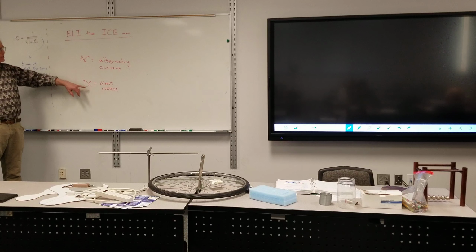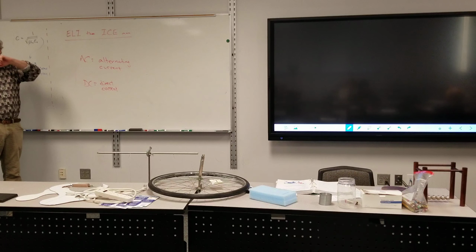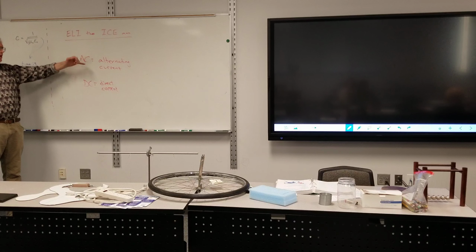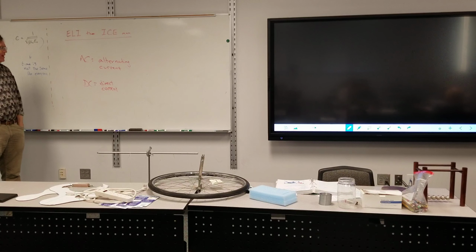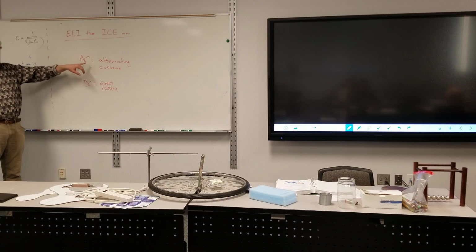In a direct current circuit, the drift of the electrons is always in the same direction. In alternating current, it's oscillating back and forth. The US and Canada, probably Mexico, are on alternating current. Europe is primarily on direct current. Now, the big advantage of alternating current, especially when the standard needed to be established in this country, is that alternating current loses less energy over long distances.